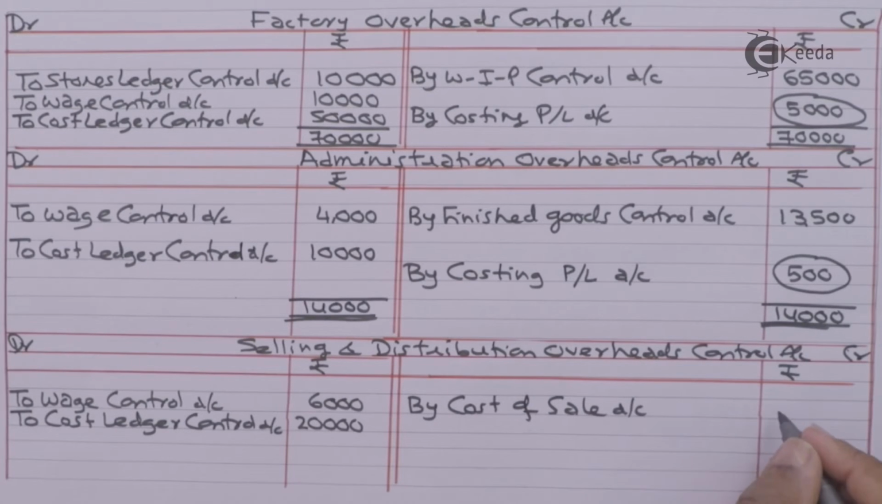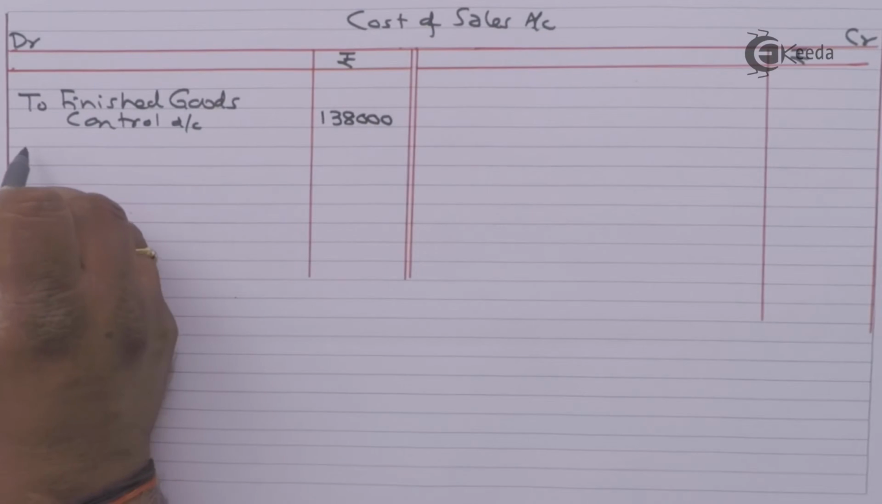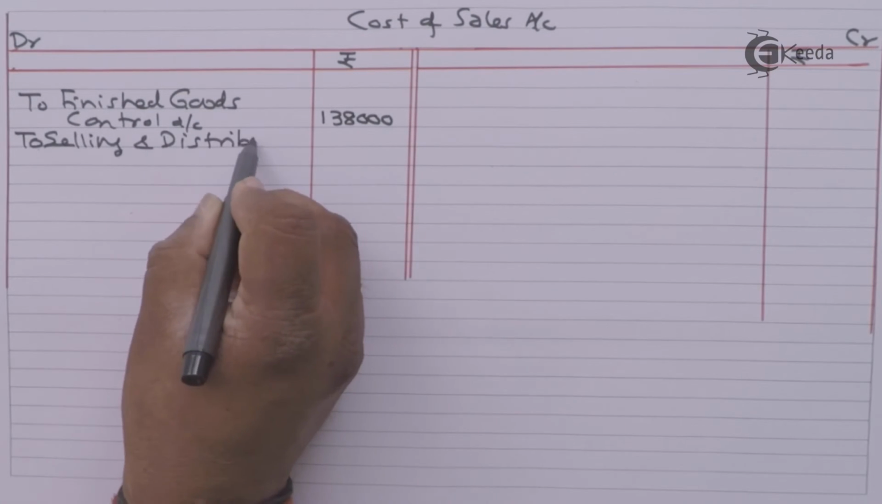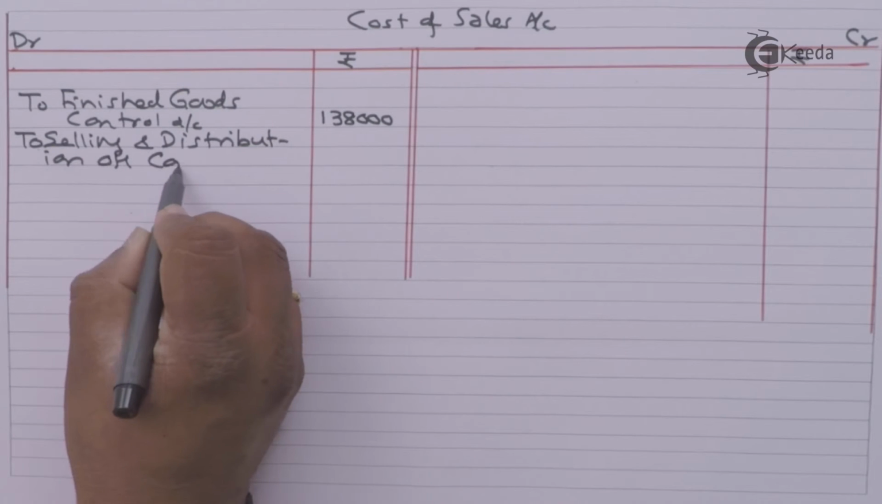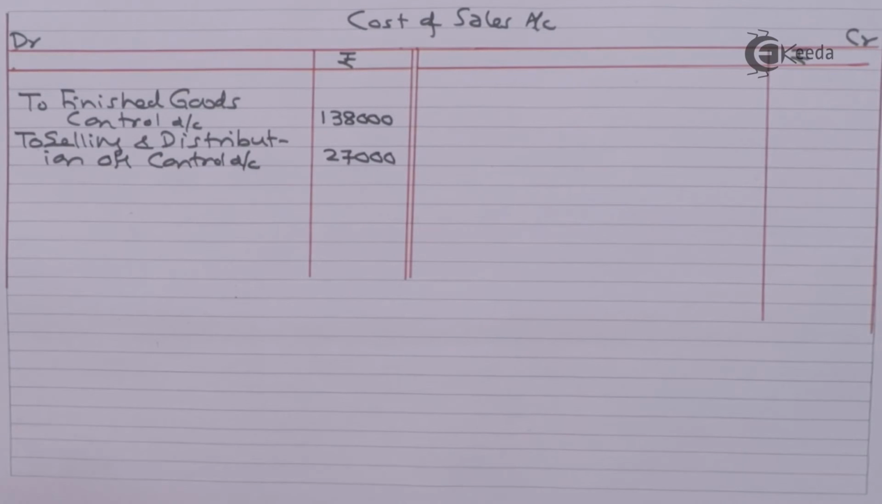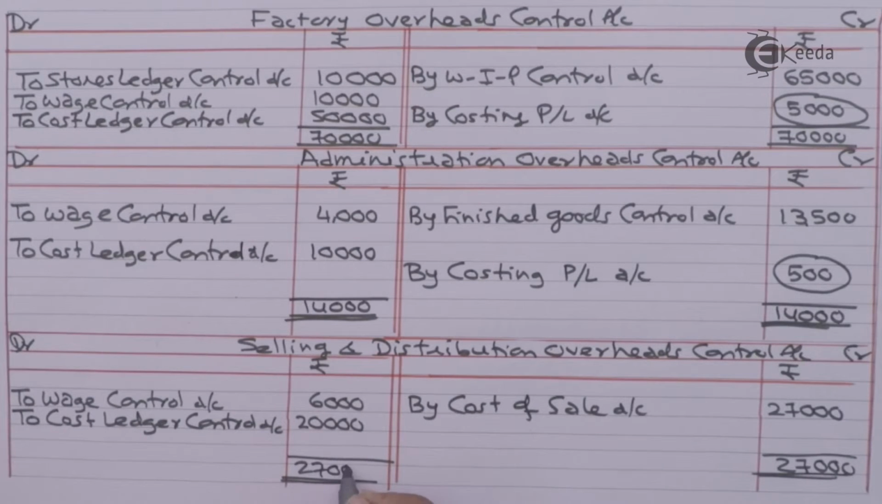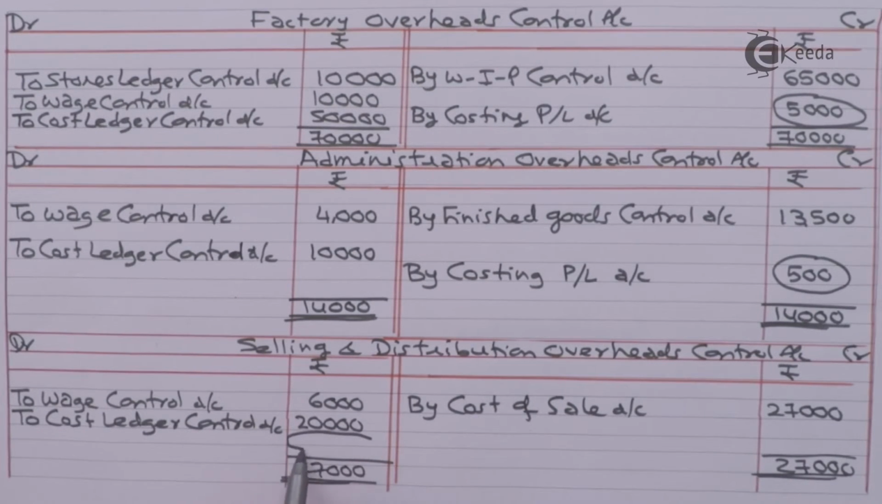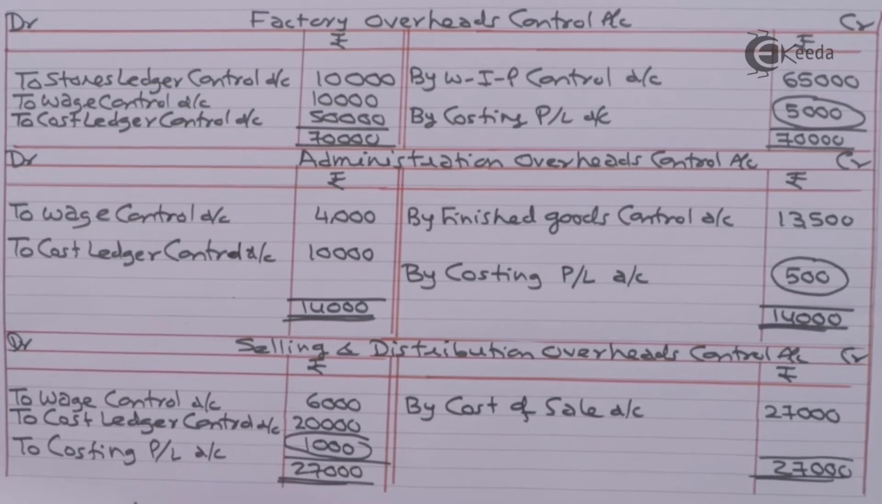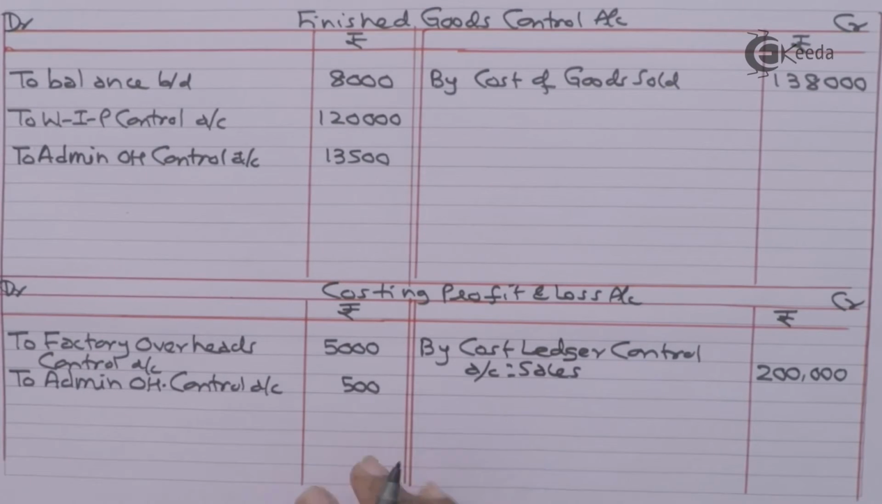by cost of sales account, 27,000. Cost of sales account debit side, to selling and distribution overheads control account, 27,000. Selling and distribution overheads control account, if we close, we are getting balancing figure on debit side, 1,000. This will be transferred to costing profit and loss account. Costing profit and loss account on credit side,